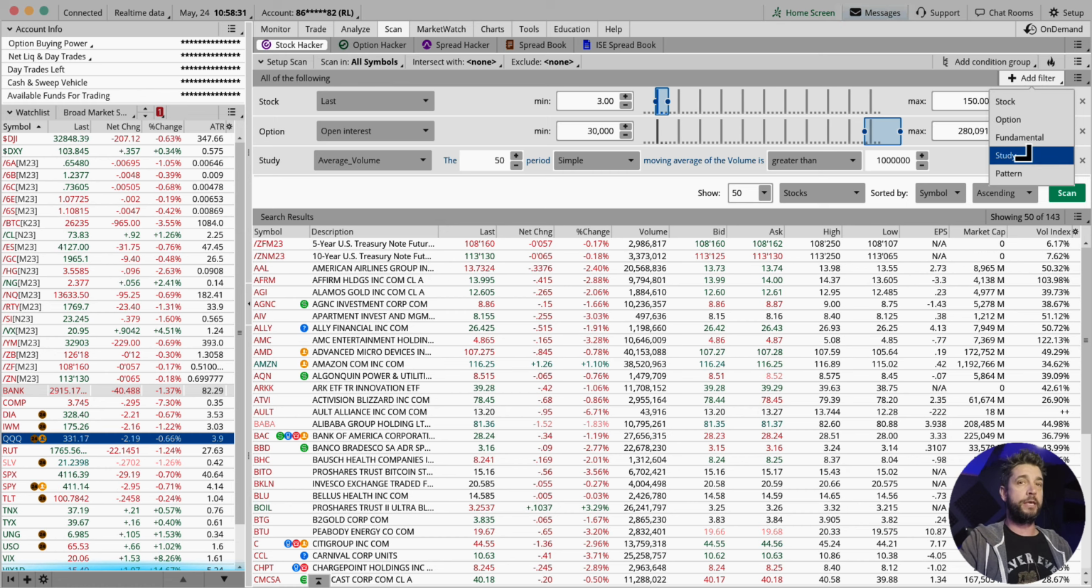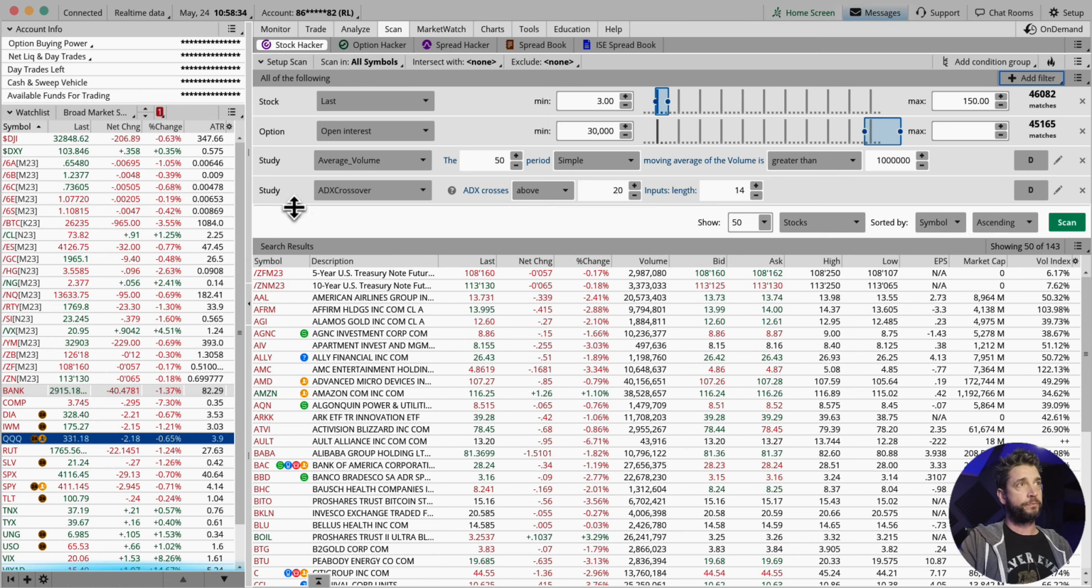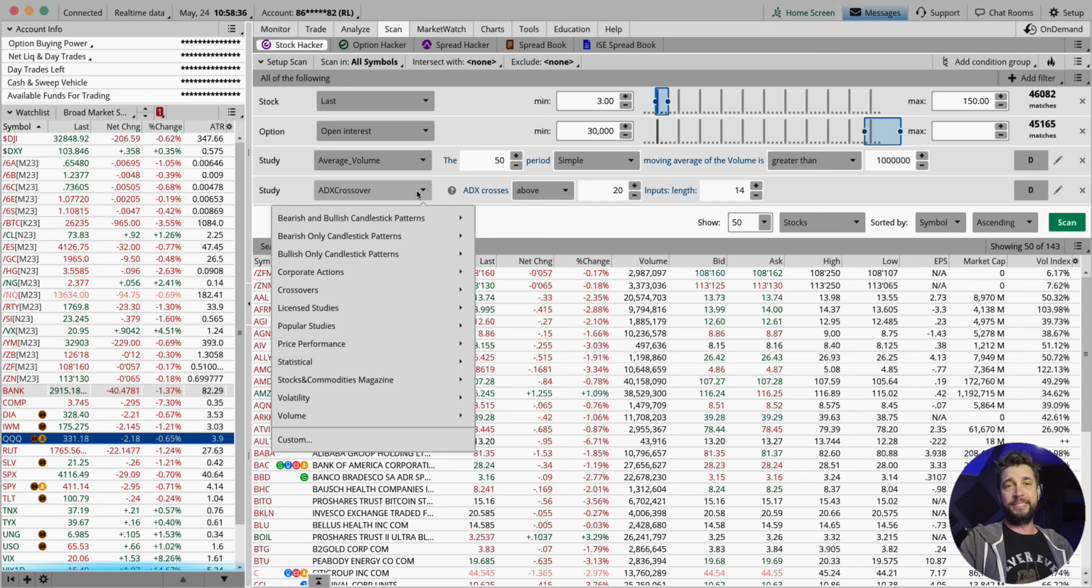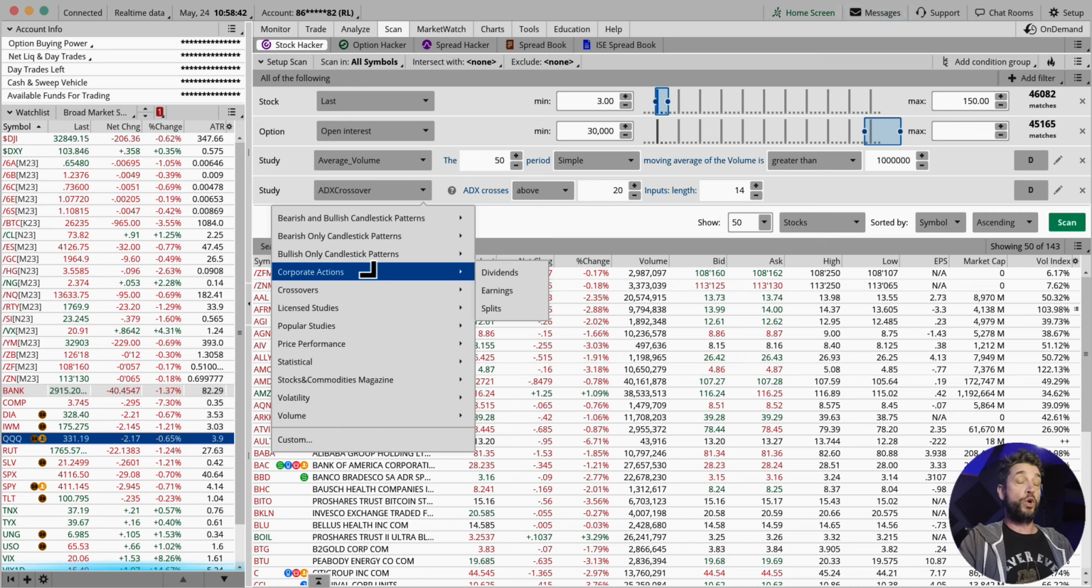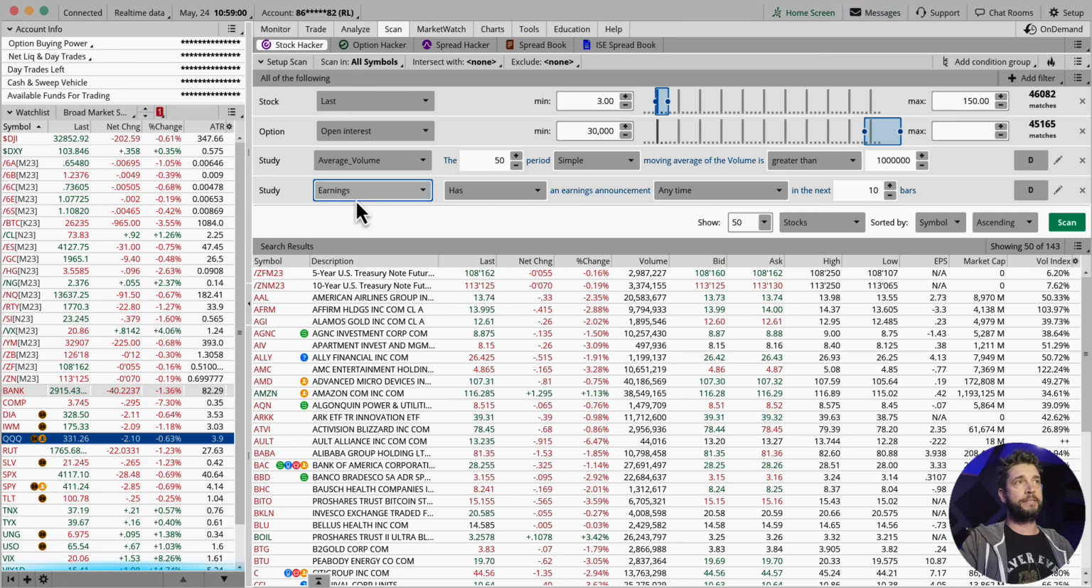I'm going to go down to study here. Now, study filters can go into any indicator, any oscillator, any volume study, any corporate action. So here's one that gets a little bit creative. And that's saying, okay, I want to find stocks that meet all this criteria, that are optionable, that have enough volume, that are very liquid, that are between $3 and $150. But I also want to make sure that this stock does not have earnings anytime within the next, say, 45